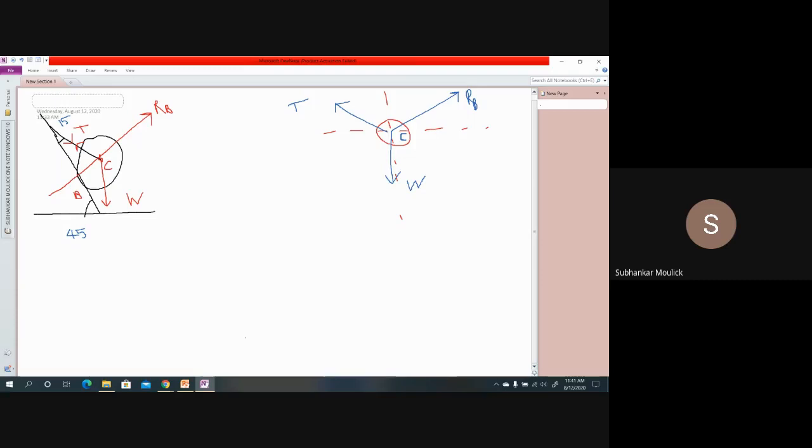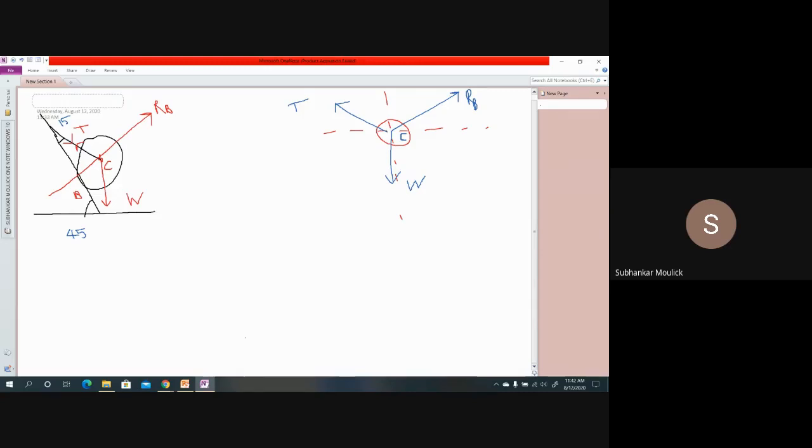How can you say that Lami's theorem is applicable for this problem? What is the proof behind that? Because the angles opposite to the forces are available, you can make it available. Okay, but this is not the main reason why you will use Lami's theorem. There is one more reason. Sir, because it's a 3-force system. It is a 3-force system.